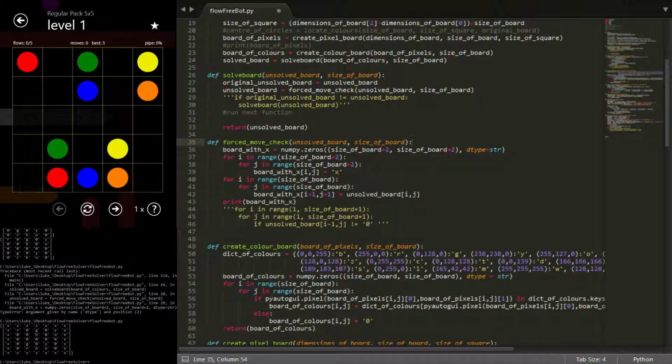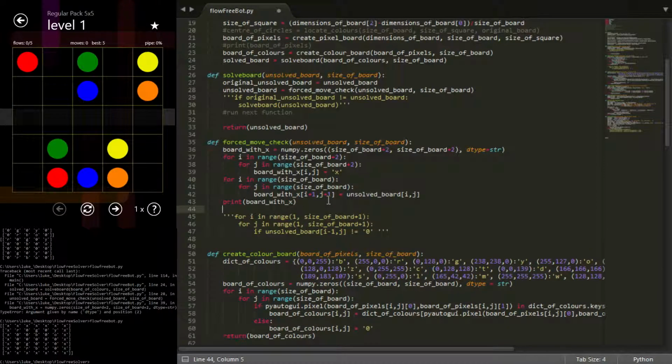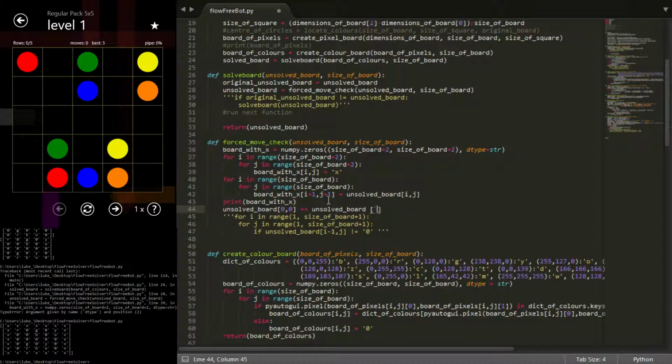Okay, so I figured out that the way numpy handles column matrices, or arrays, sorry, is basically board with x. Say you've got a 5x5 board, we'll call this unsolved board, that's the one you've last seen. So unsolved board, and then 0 0. Now this is a 5x5 matrix. This is actually equal to unsolved board minus 5,